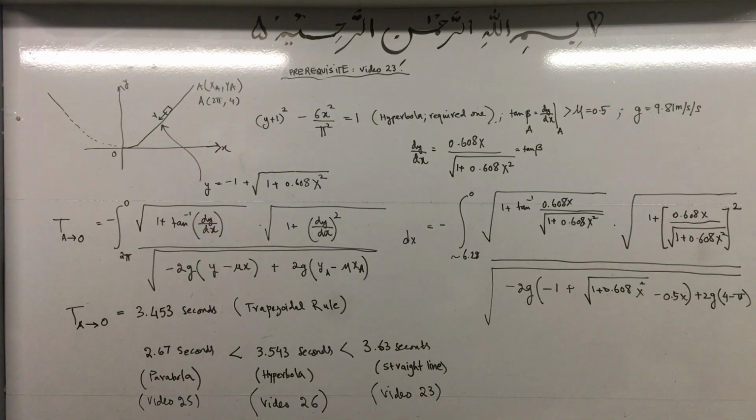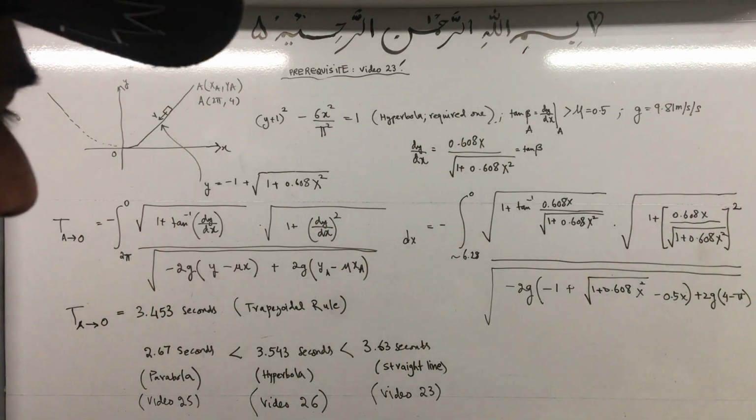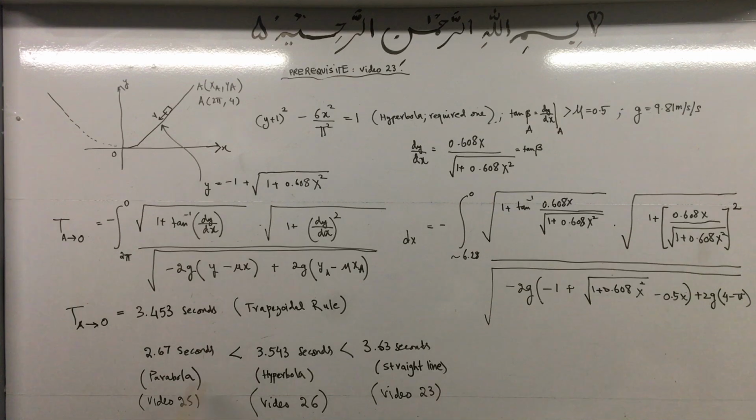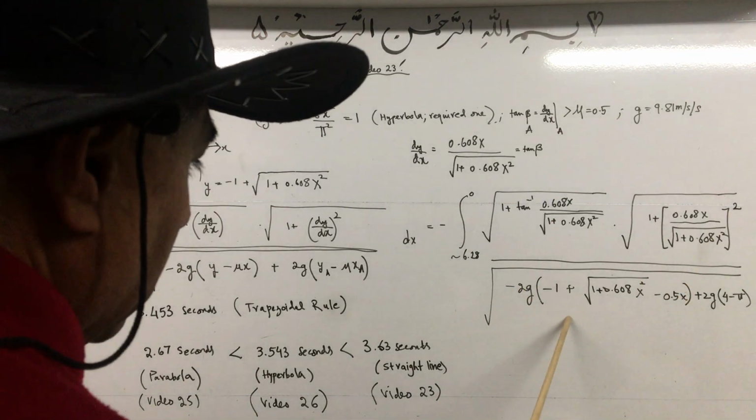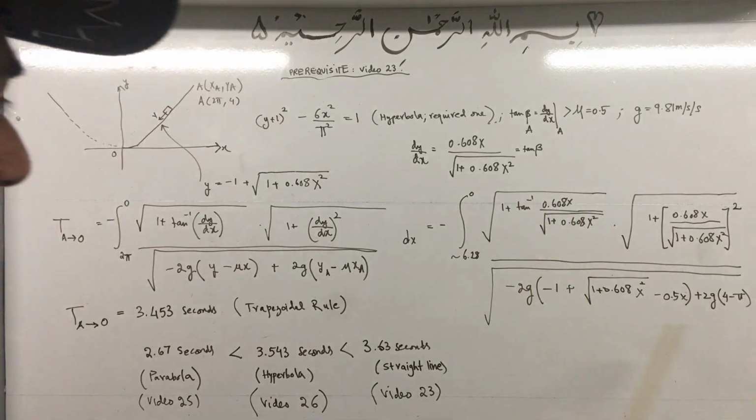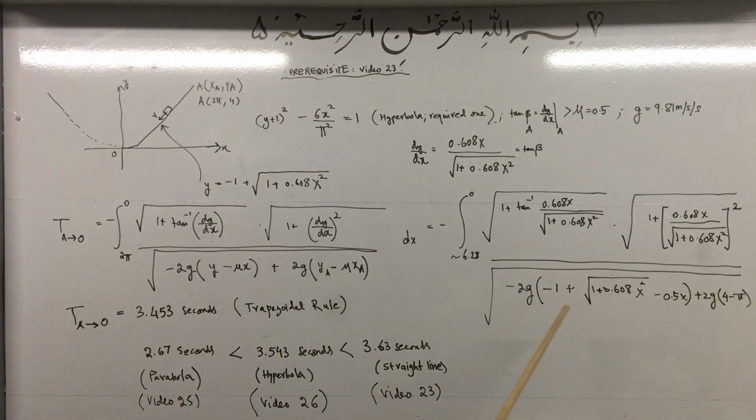As you know from my previous video, eventually I'm going to compare the times of all these with the time of the cycloid, and we can easily fix a cusp of the cycloid with this ratio, 2 pi, 4, 0, 0. So when I find the time for the cycloid in my incoming videos, I will compare all this with the time a block takes to slide down on a cycloid and the time it takes to slide down on these curves. You can simplify it further the way you like, and then you can integrate it